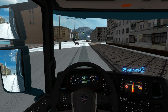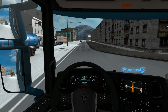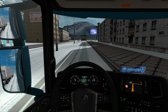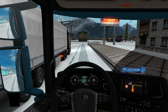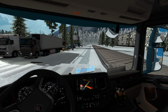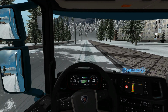The map has working weight stations, toll roads. There is even a possibility of hauling here with buses, and despite the fact that the creator, Valera T, says that there are buses included, I couldn't find them, or actually I know where they are supposed to be, the buses, but I'm unable to purchase them. So there's probably some kind of an issue with this map regarding the built-in bus mod that allows you to buy buses, but I have not been hauling with buses, but I have added and tested